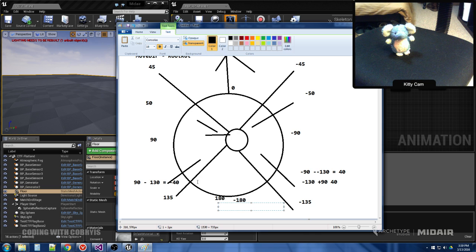so it's supposed to be math. I know you don't know what math is, but it's pretty important. Alright, so if we are at move direction 180 and we subtract 140, we get 40, which is correct. But if we are at 180 and we subtract negative 140, we get 180 plus